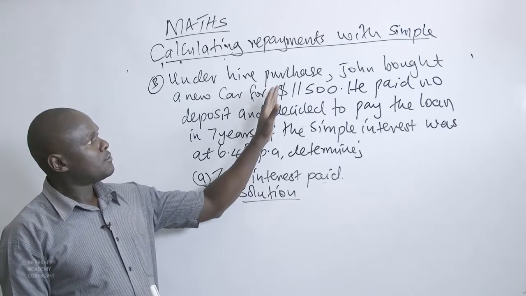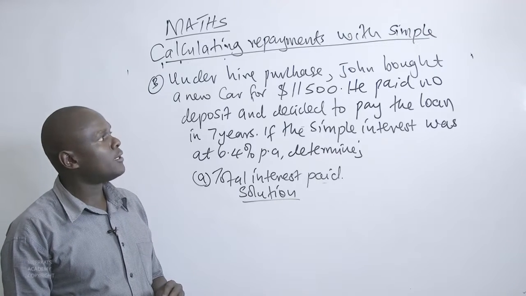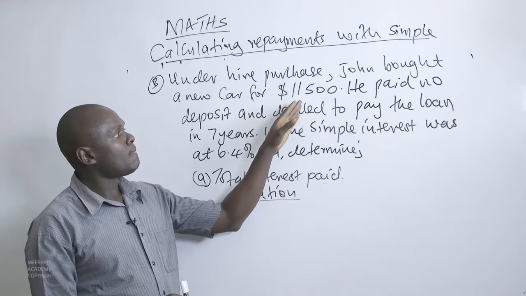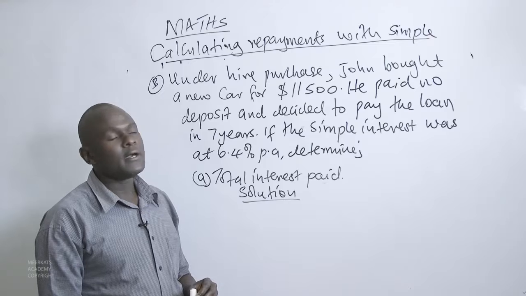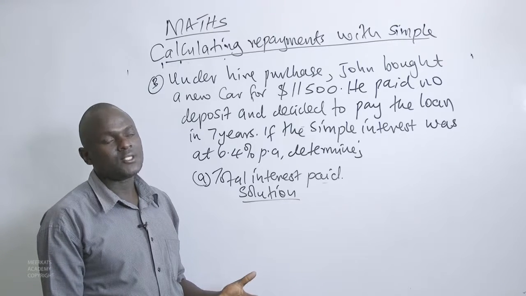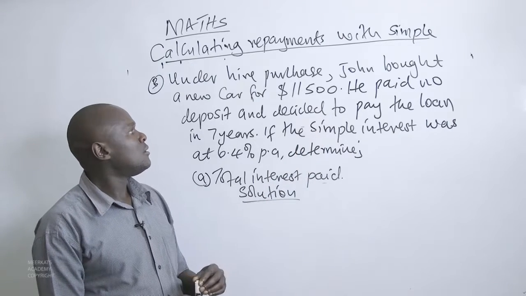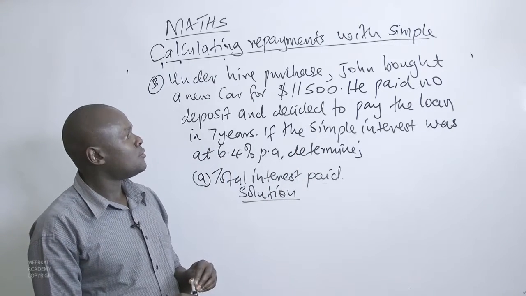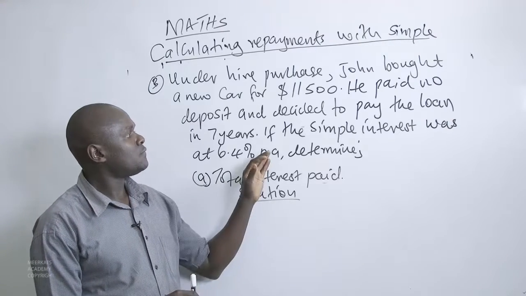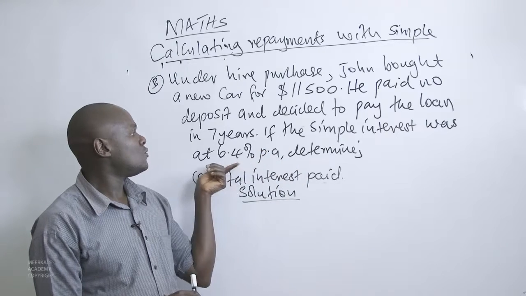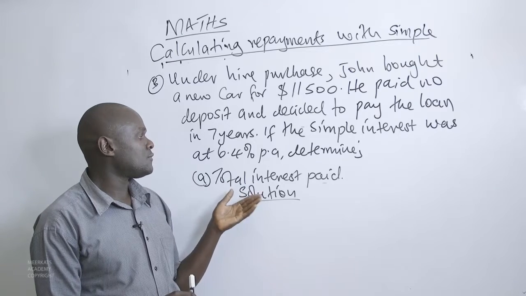We have a person by the name John who decided to buy a new car. This car has a price tag of $11,500 if you pay in cash. John did not pay any installment, but decided to pay the loan in 7 years. If the simple interest was at 6.4% per year, the first part of the question is for us to determine